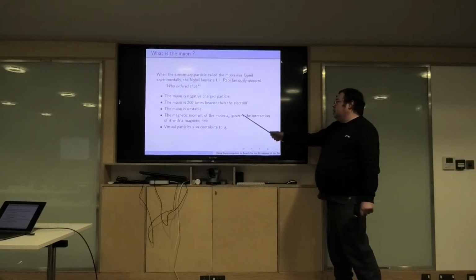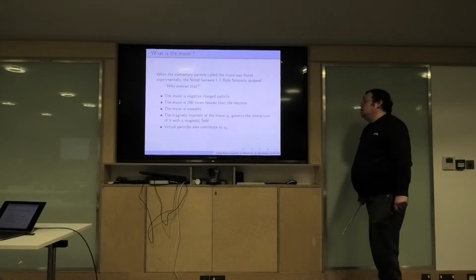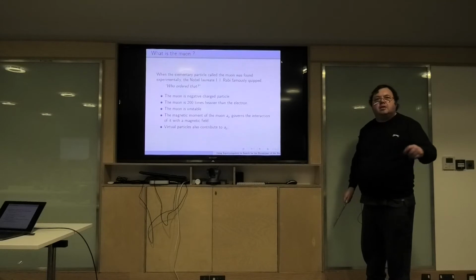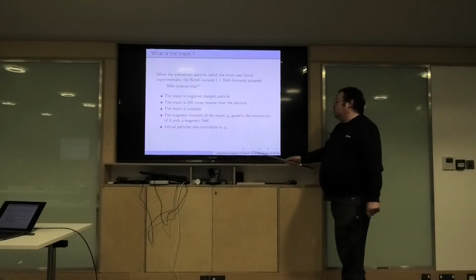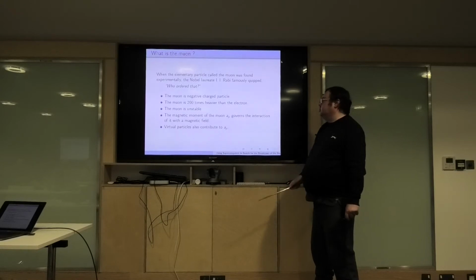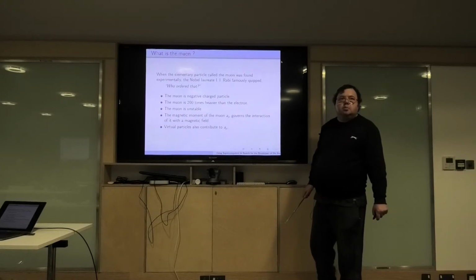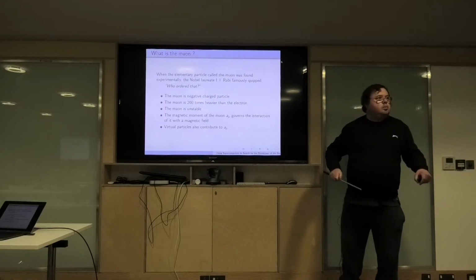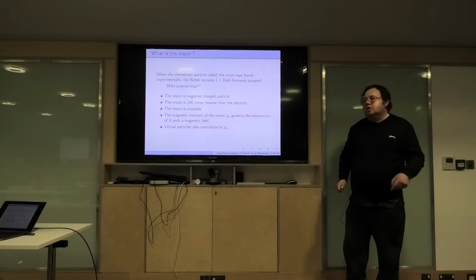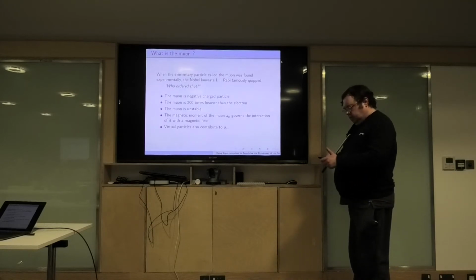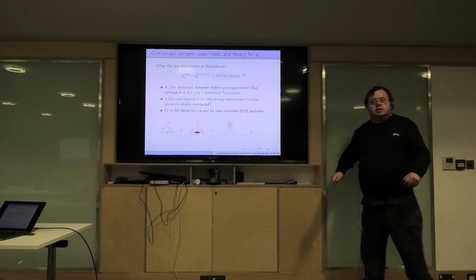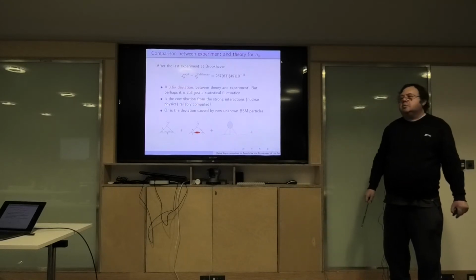So the actual experiment I'm going to talk about is an experiment in the States. The magnetic moment of the muon governs the interaction with the magnetic field. So in my supercomputer calculations, we're going to compute a contribution to that. And also virtual particles contribute to that. So this is going to be one of our things where it could be that some particles of a new theory pop out of the vacuum and contribute to this thing.